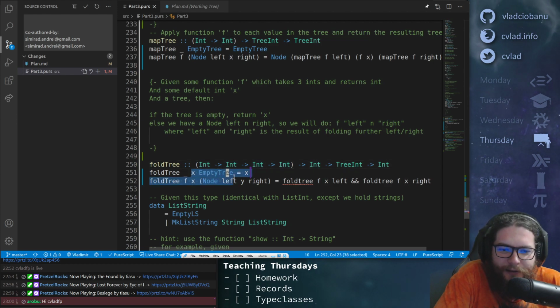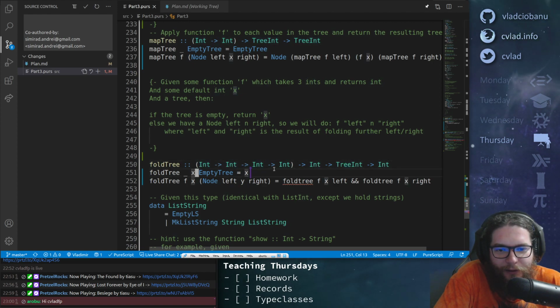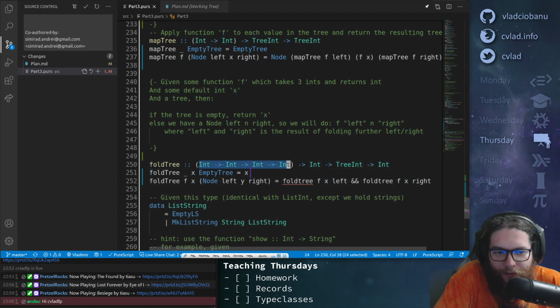So what this does is basically what they say. Okay, so if you're trying to apply some complicated function, which we'll think about later, over an empty tree, I can't do anything, but I can return you the default int value that you're passing me. And we're just returning that, right? Okay, so now if you give me this function thing, right? And some x,